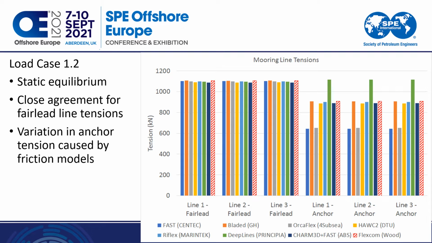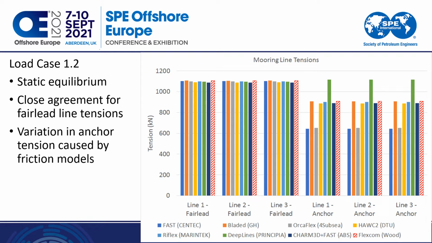Looking on to load case 1.2, which is the static equilibrium analysis of the structure. So it's still water, no wind, no wave loading, and on the graph showing here the tensions in the mooring lines. The first three columns on the graph there refer to the fairlead locations, so the tensions are practically identical from all the software tools, as you would expect, because the tension at the fairlead locations are purely a function of the weight of the suspended mooring line from the fairlead point down to the touchdown